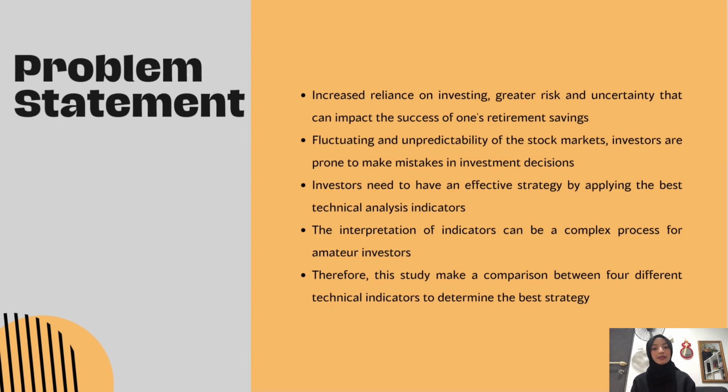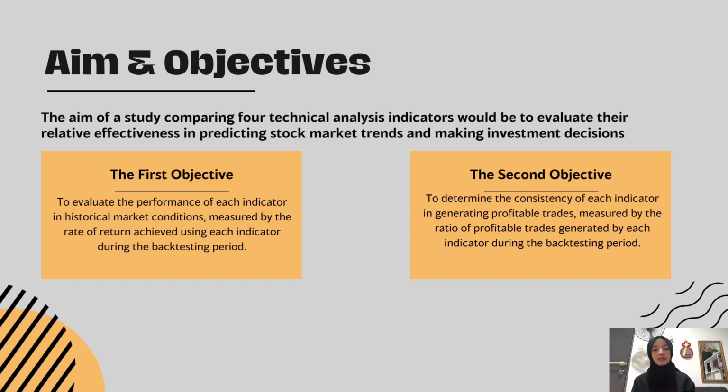Then, here is the aim and objectives of the study. The aim of a study comparing 4 technical analysis indicators such as the moving average convergence divergence, relative strength index, Bollinger Bands, and stochastic oscillator would be to evaluate their relative effectiveness in predicting stock market trends and making investment decisions. The objectives of such a study could include to evaluate the performance of each indicator in historical market conditions,